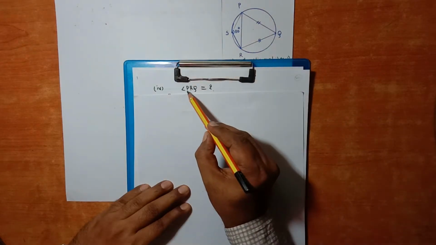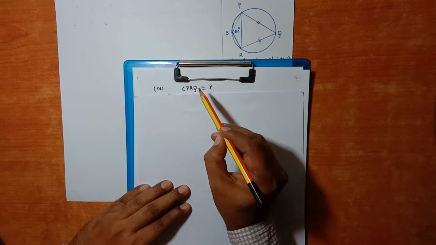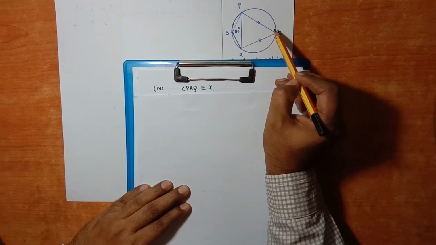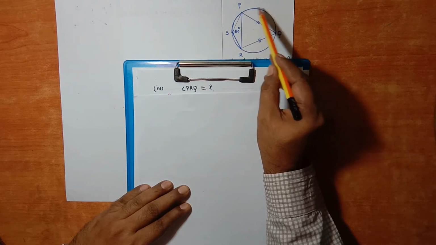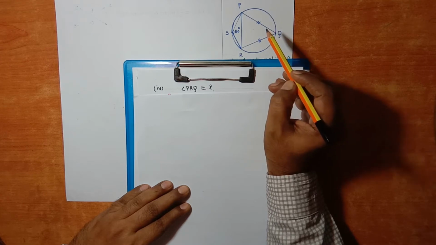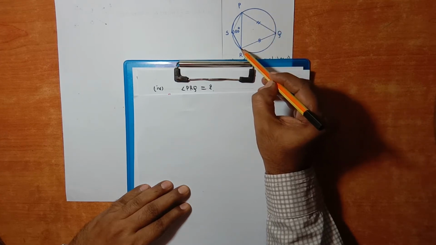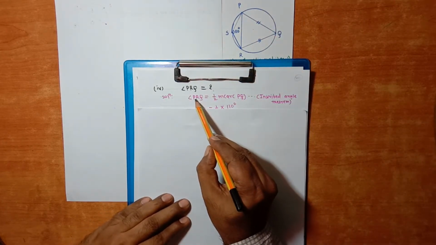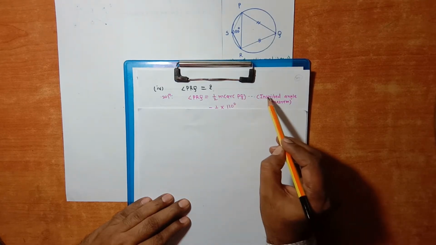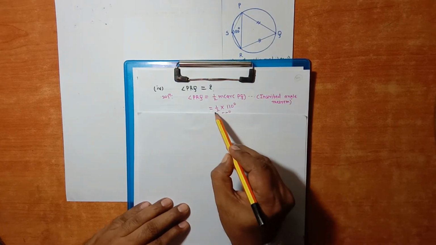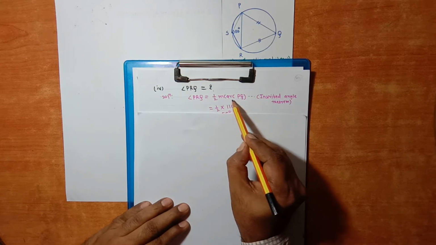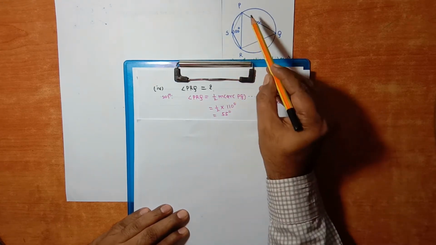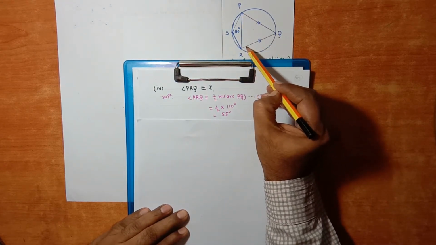Now the fourth sub question is to find the measure of angle PRQ. Here is angle PRQ. This angle PRQ is related to arc PQ, and we have seen that arc PQ and arc RQ are congruent with each other, and the measure of arc RQ as well as arc PQ is 110. So angle PRQ is 1 half the measure of arc PQ, by the inscribed angle theorem, which is 1 half into 110, equal to 55 degrees. So the measure of angle PRQ is 55 degrees.